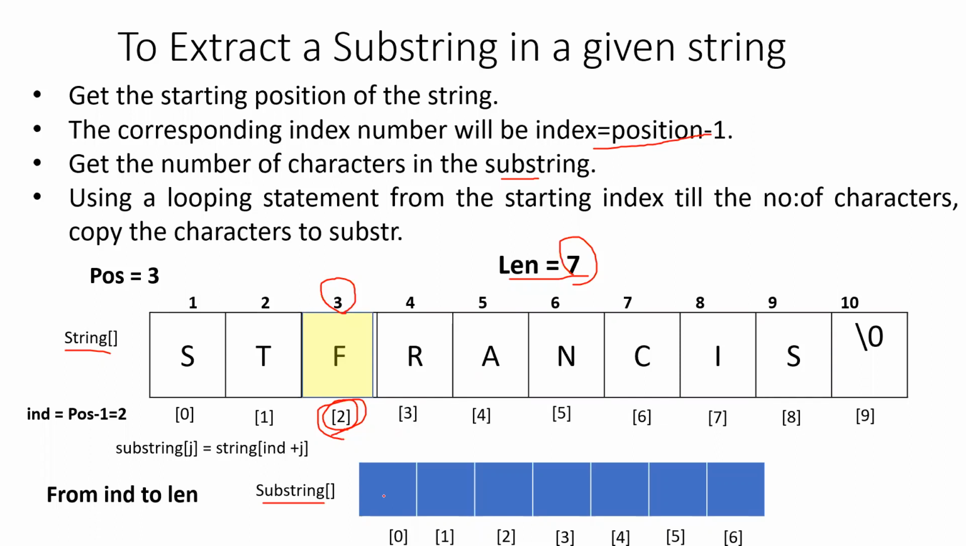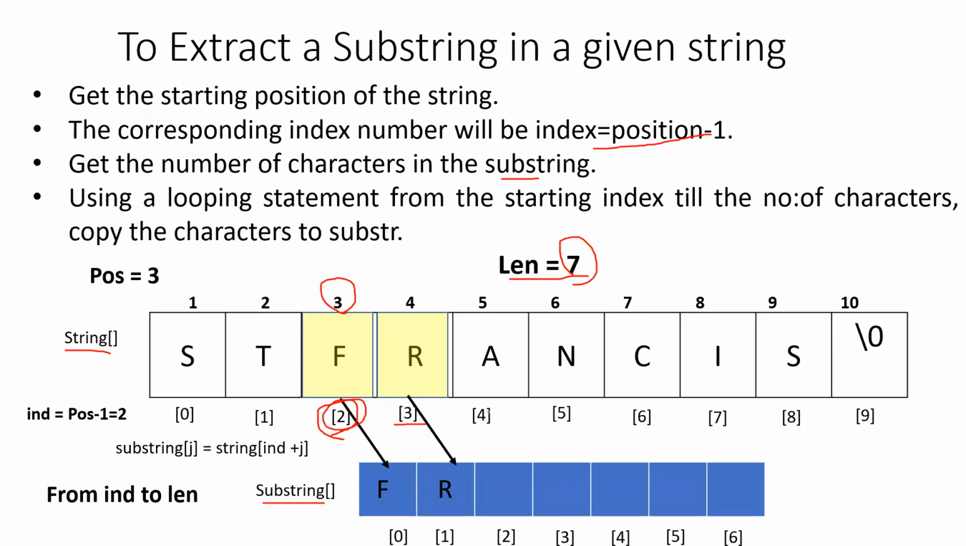So what we will do? Substring of 0 equal to string of 2. That means it is string of index plus 0. So this will be copying of character from the string to the substring. Now, how to copy the second character into substring of 1? You should copy the character at the position, or index number, 3. So you will be copying R to the index number substring of 1. Now we will increment to the next position and we will copy into substring of 2. You will be copying string of